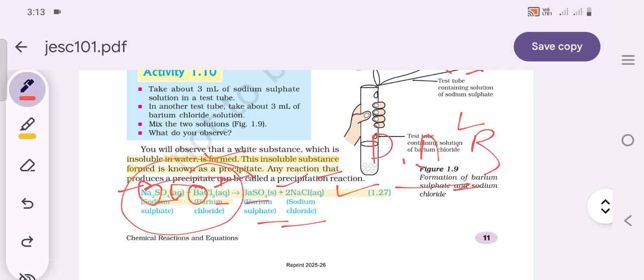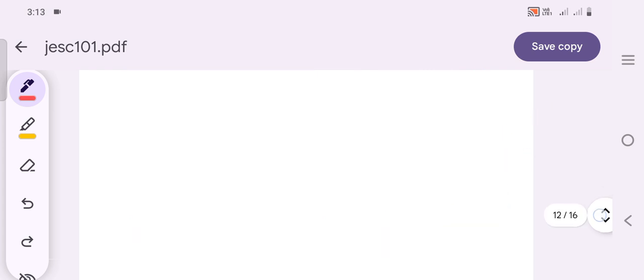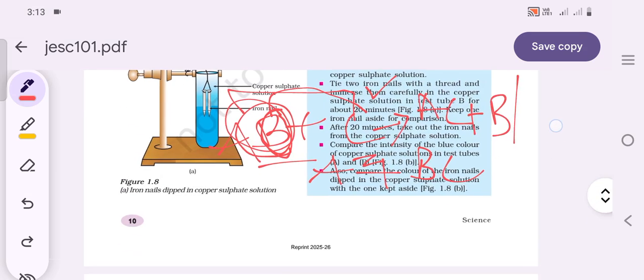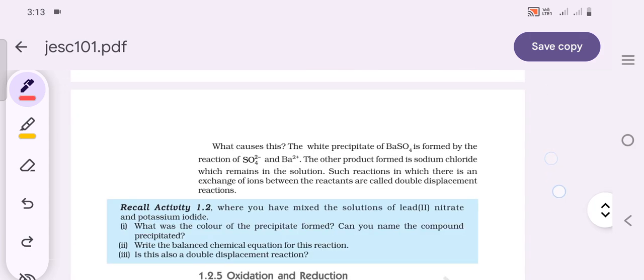Sodium will react with chlorine, and barium will react with sulfate. Reactants are usually dissolved in water. Precipitation means when a solid forms. Precipitation is when an insoluble solid is formed, and that is said to be a precipitation reaction. Okay, now the next page. I think single displacement is over, and then double displacement also